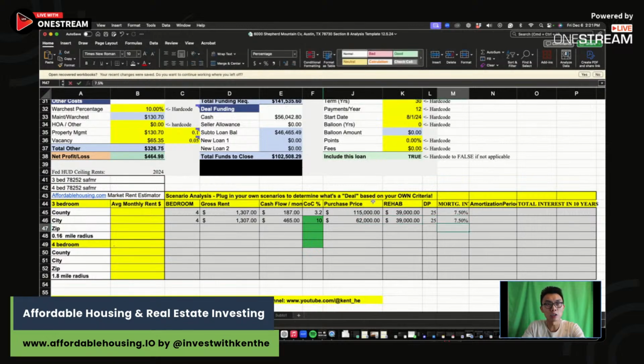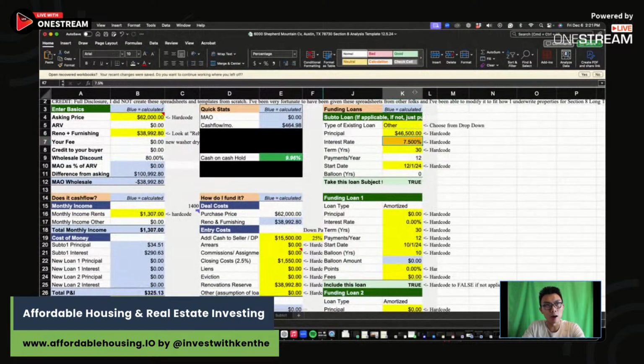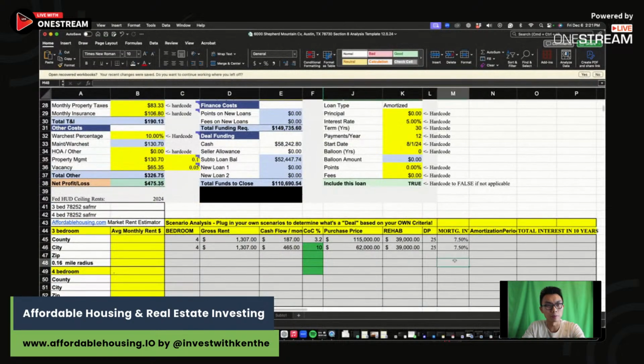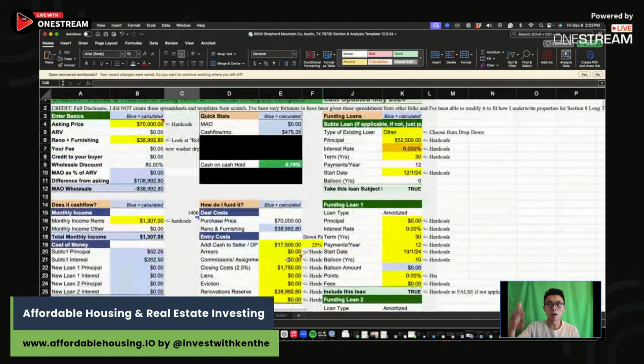Let's say interest rates dropped a whole 1.5, right? So now in case 7, I'm going to drop it to 6%. See how my cash on cash return just went up? Now I can maybe afford $70,000 to buy this property because my interest rate dropped from 7.5 to 6%. And that's what a drop in the interest rate can do for your willingness to pay on a property that might still achieve the same cash on cash return, right? That's why you have to talk to your own investment professionals,